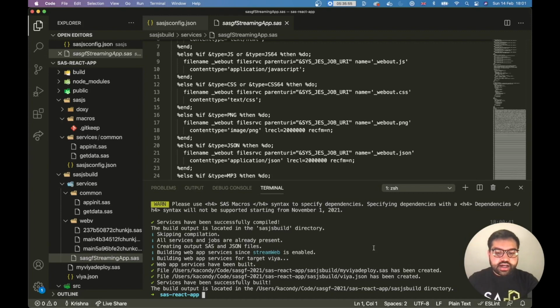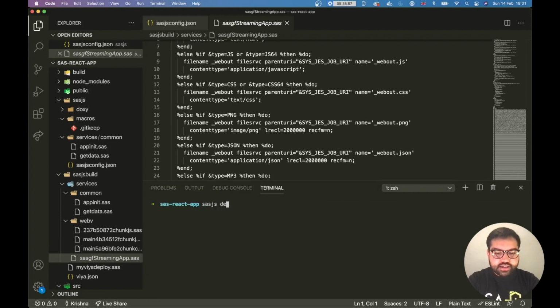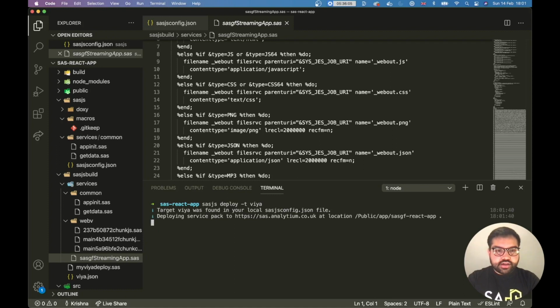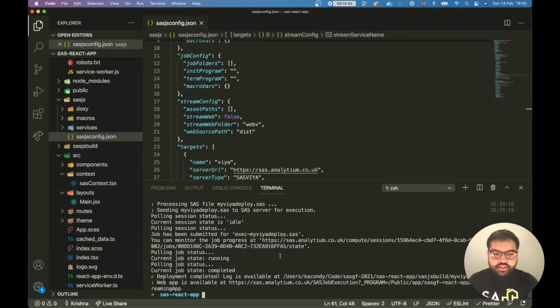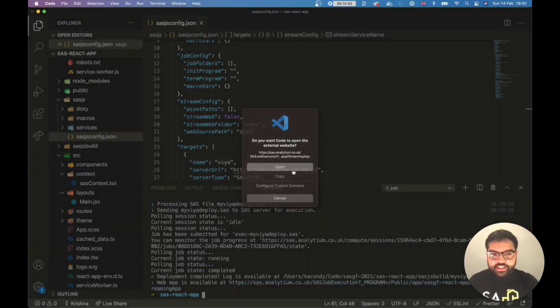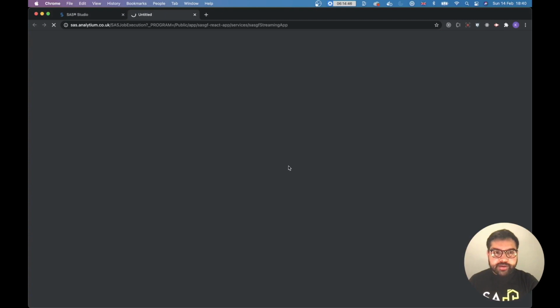Now I can run the deploy command again. And now that it has detected the stream web property being set to true, it will also deploy these services. The deployment is now complete, and a streaming version of my web app is available at this URL. If you notice, it's a SaaS job execution URL, which means it runs a job which then streams back the content of our web app.